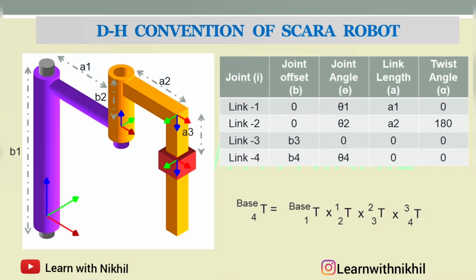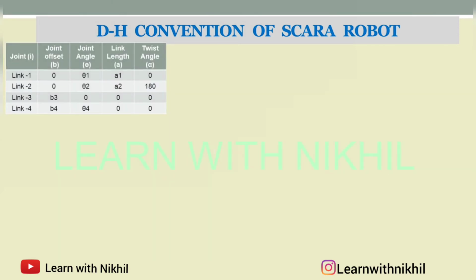So moving back to this part where we have left, as I have told, we have divided this, so this is the formula. Now individually we will calculate all these parts, then we'll multiply. So let's see the transformation of 1 with respect to the base. For the first joint, we have calculated the DH parameters. As you have seen, the joint offset is 0, you have the joint angle, that is the rotation matrix, and there is a link length transformation, so there is a translation matrix.